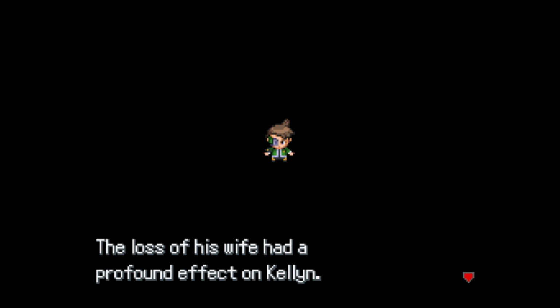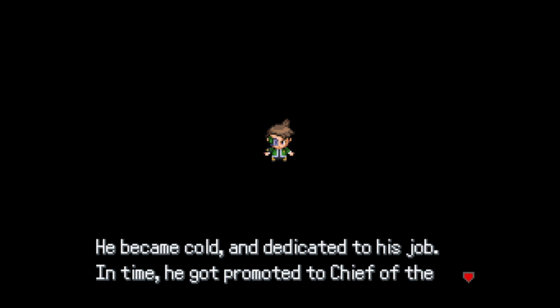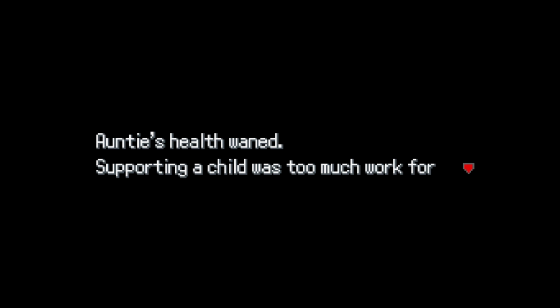The loss of his wife had a profound effect on Killeen. His personality changed, he became cold and dedicated to his job. In time, he got promoted to Chief of the Tandor Pokemon Rangers. However, he became too busy to care for his child, so young Psycho was sent to live with their elderly auntie in Mokey Town. Wow, have you guys ever seen a Pokemon game with this much story at the start? This feels like the gosh dang Omega or Delta episode from Omega Ruby Alpha Sapphire, but...